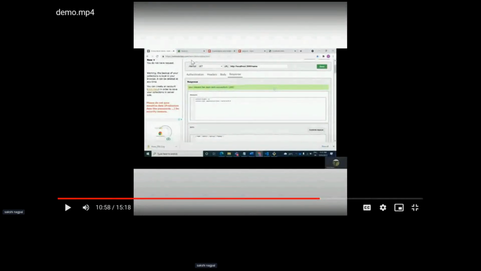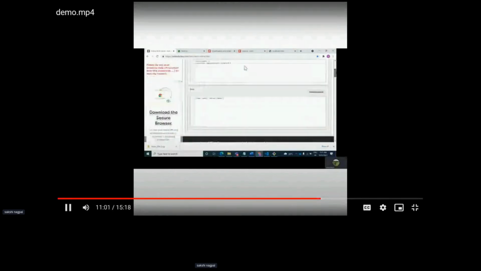This is an extension which is used to send a GET request on behalf of a browser to the localhost. We will send a GET request, and we are sending the name here, if you see. And in the body, we are specifying the name. Okay, so let's see. We are sending